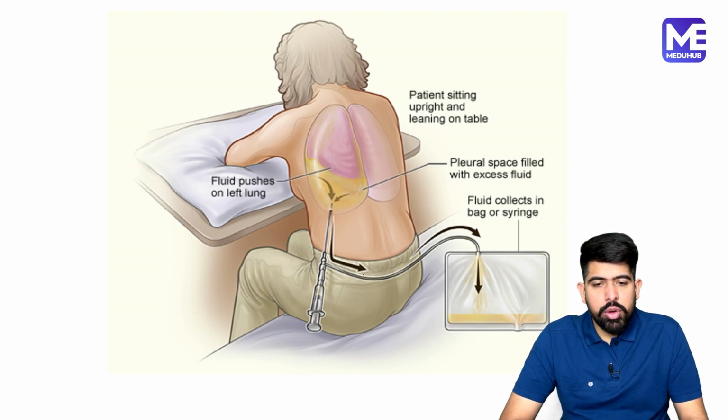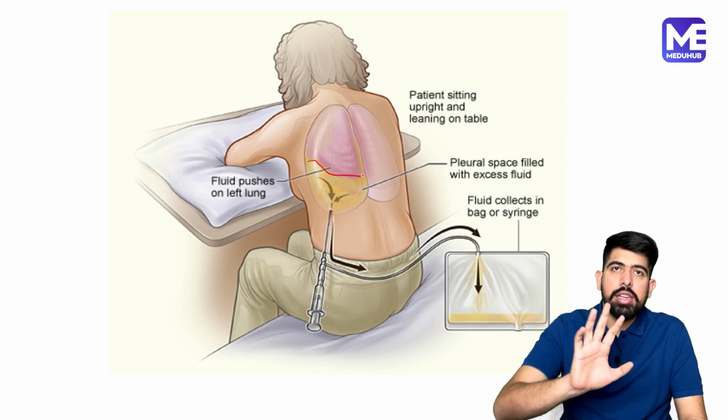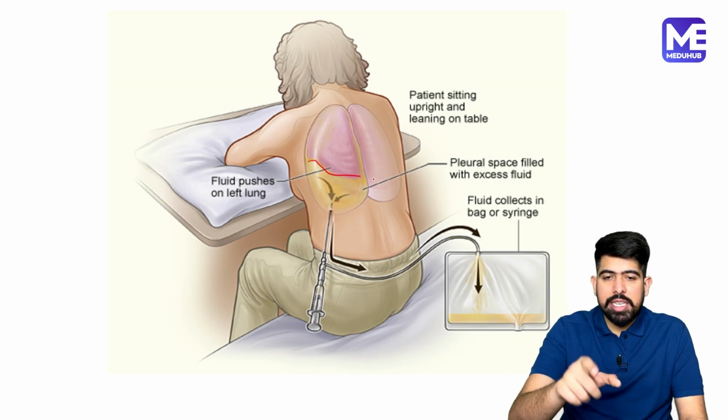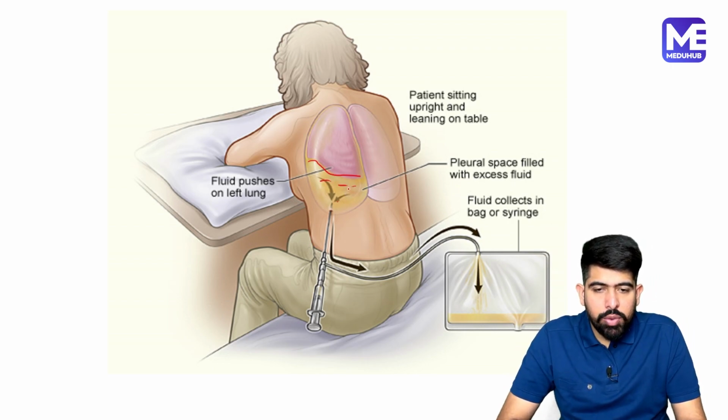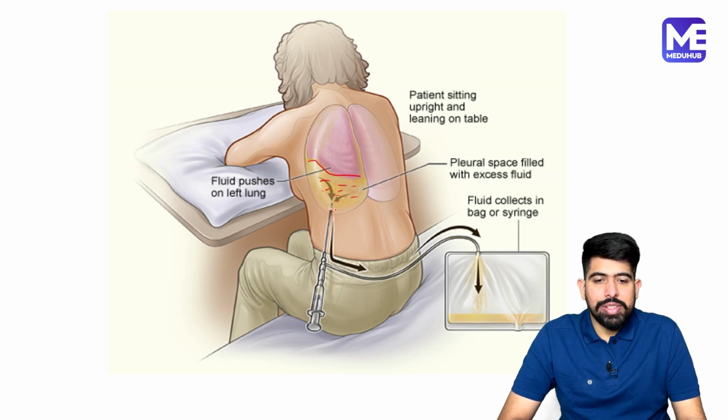We will use a syringe and a bag. We are going to enter into the pleural cavity. As you already know, this fluid will be pressing the lung to the opposite side. So as you are seeing here, the lung is totally pushed above, and the fluid is filled here. So we are entering through the needle, and this is attached with the